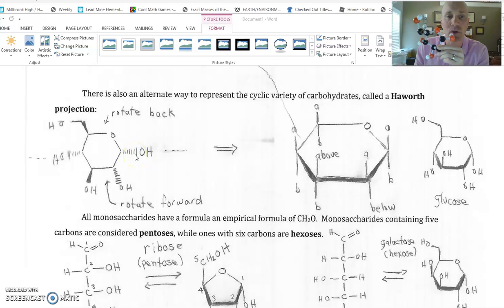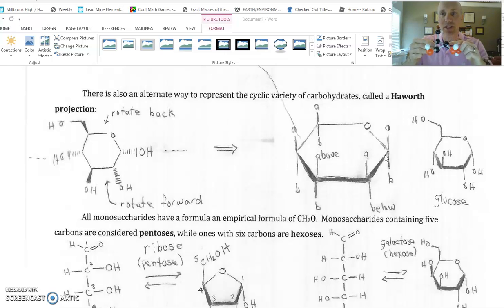All right, so whenever you are drawing the cyclic version of glucose molecules, the common convention used when showing the cyclic version of the monosaccharides is what's called a Haworth projection. Essentially, you're going to try to make this look somewhat three-dimensional. If I take this model right here and turn it sideways, so that we're looking at the ring on its edge,